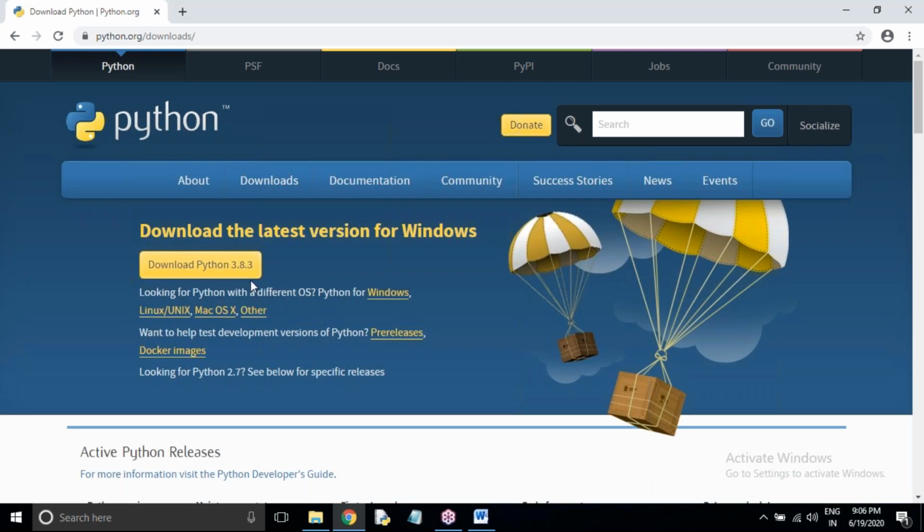In downloads, we can download this exe file. Click on this button, and the exe file is downloaded.